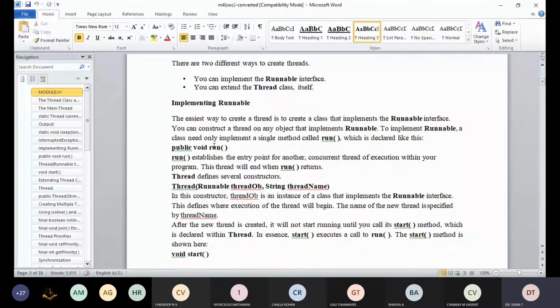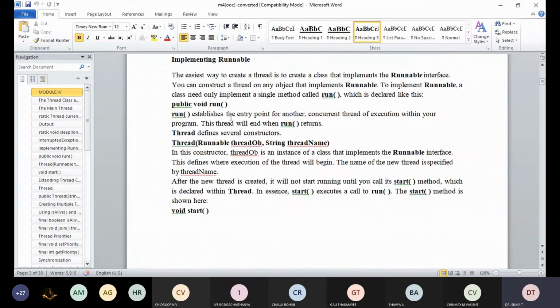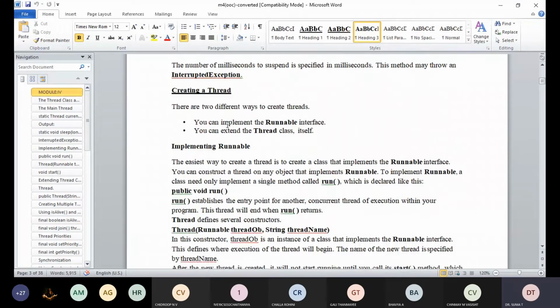The start method executes only when it is encountered, and only then is your new thread executed. Two things to remember when creating a thread by implementing the Runnable interface: the run method and the start method.